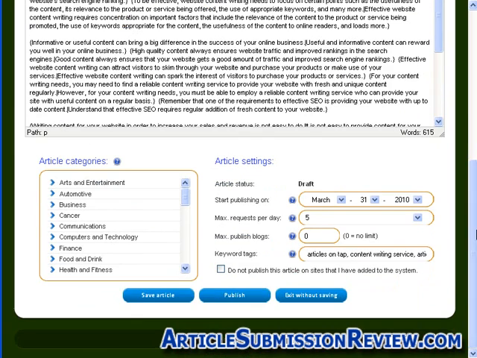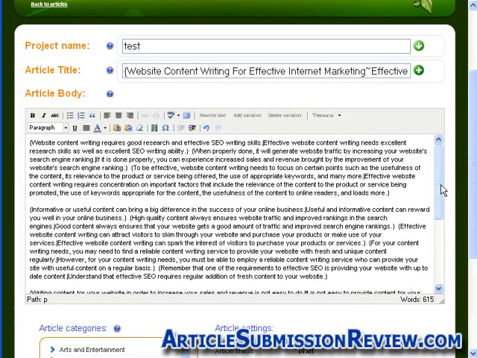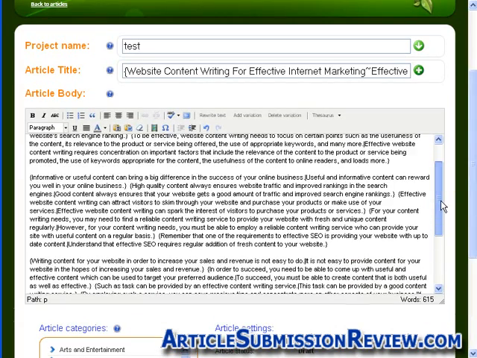Alright, well, that's a quick overview of SEOLinkvine. The pricing is ridiculously low at just $47 a month,